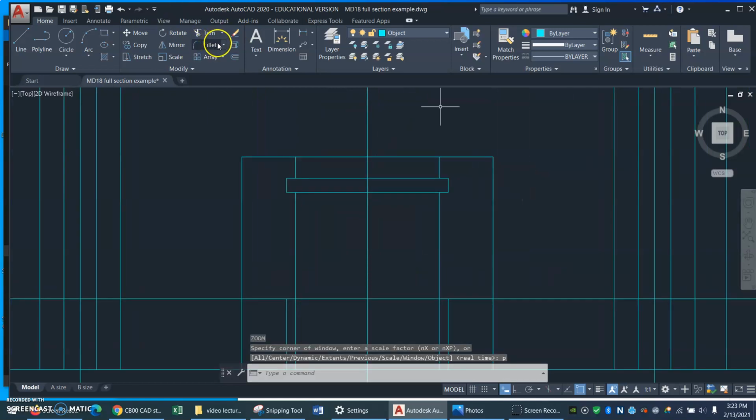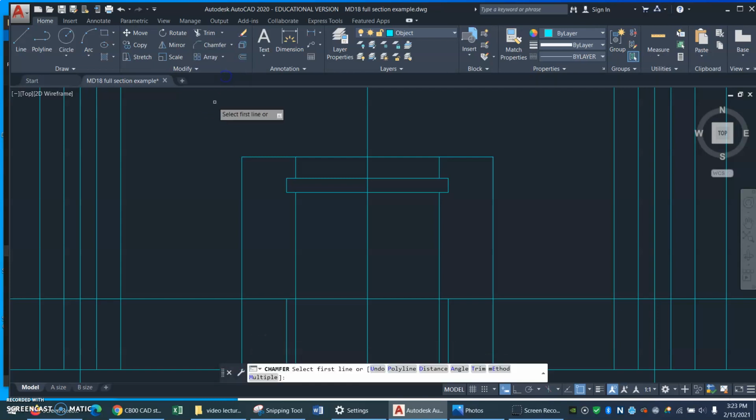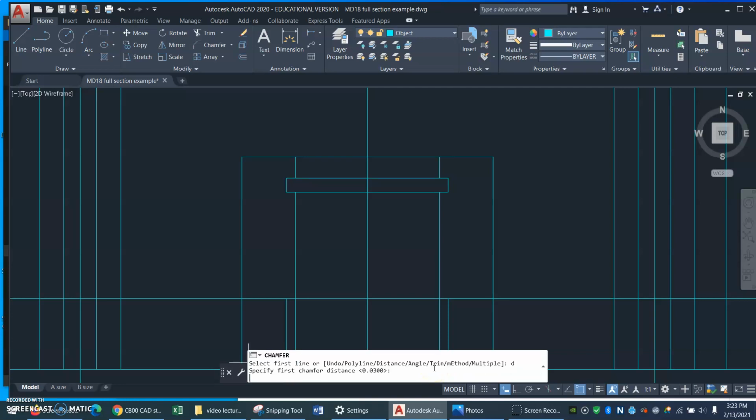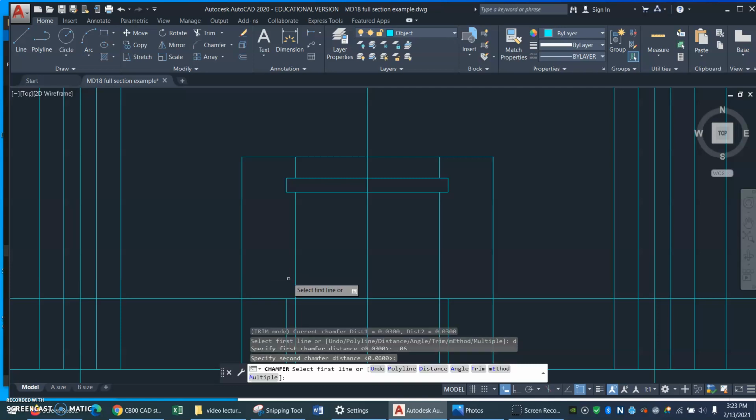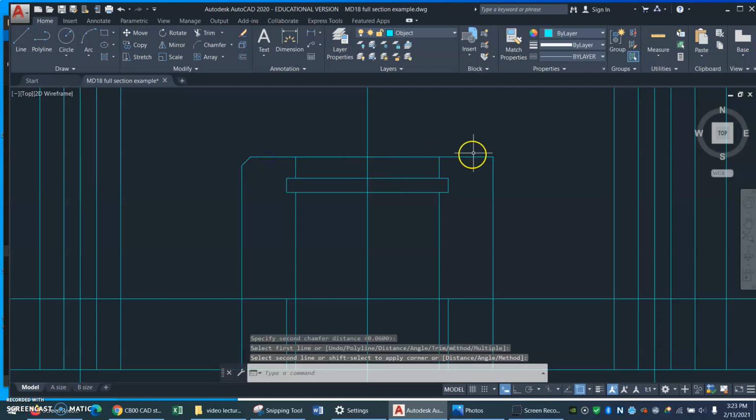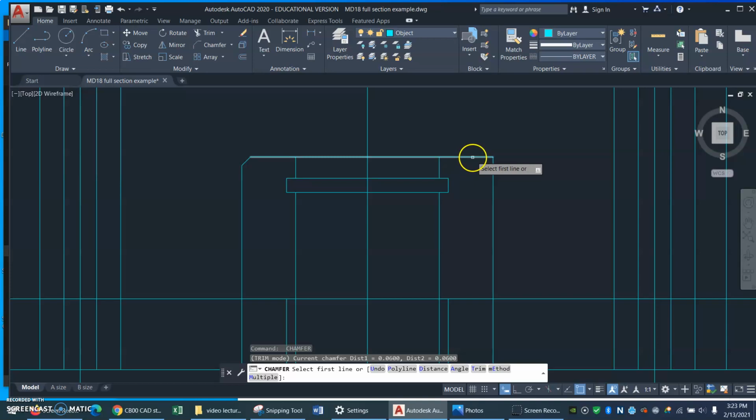So I'm going to get the chamfer command. It's hidden under the fillet here. Chamfer. Be careful. It doesn't know yet what distance you want. So first you have to do D for distance, or click on that thing. And what is the distance? It is 0.06. Enter. The second chamfer distance is also 0.06, so I'll just hit enter. Now it says specify line, and now I'll click on these two,